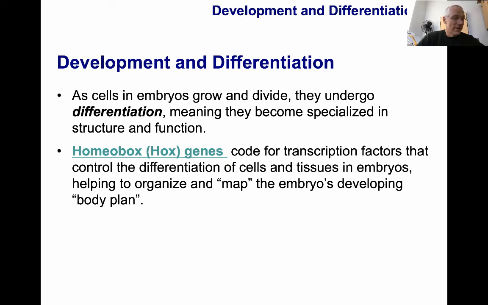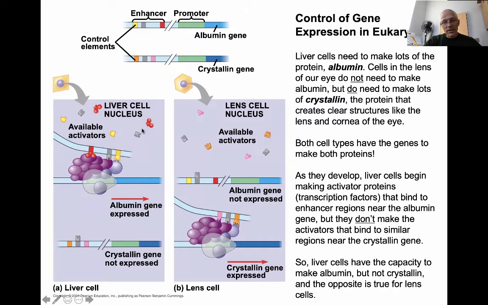branch of developmental biology, and it's the expression of groups of genes that are called homeoboxes, and that's because of their structure. And if you get interested in learning more about this, we can go into why homeobox is the name. And they go by the abbreviation HOX. So homeobox genes, or HOX genes, are ones that code for transcription factors that control the differentiation of cells and tissues and embryos, just like these transcription factors we talked about in the liver cell and the lens